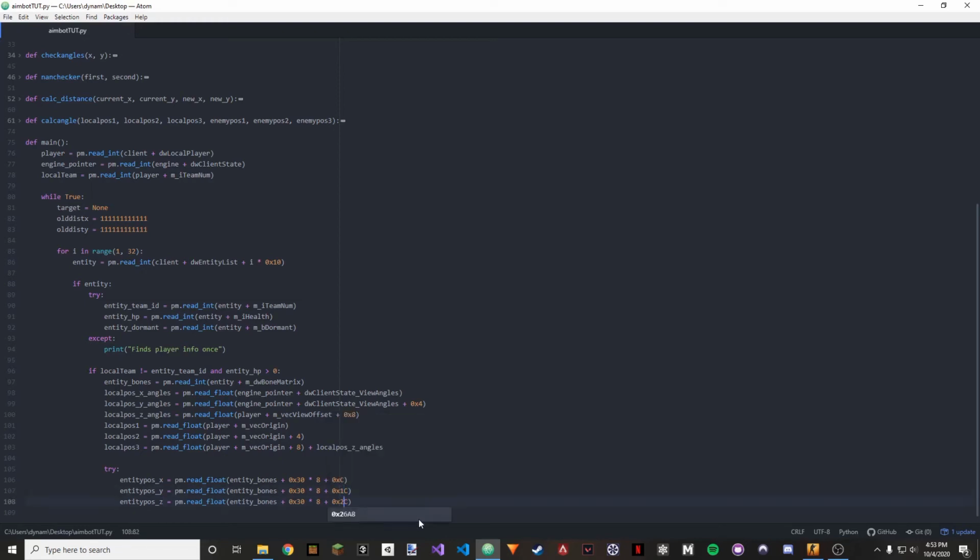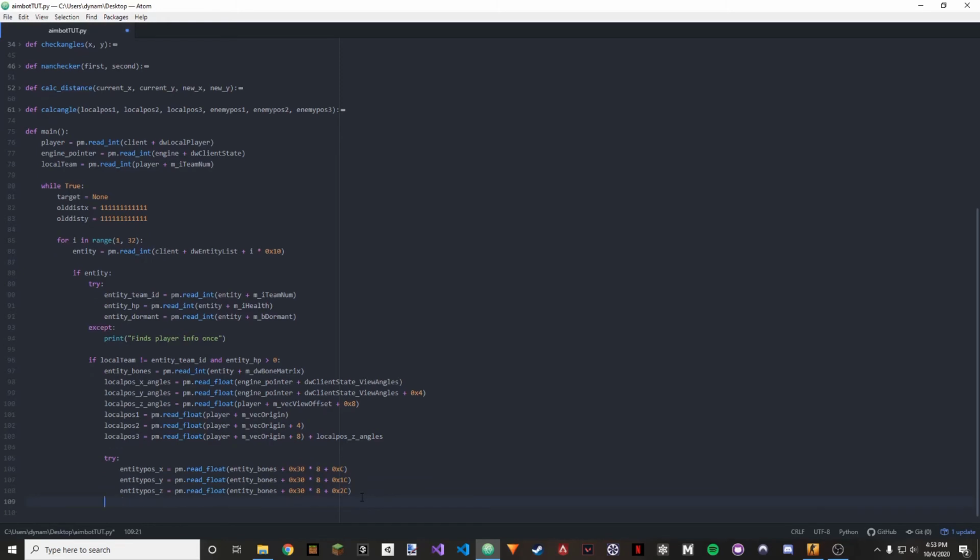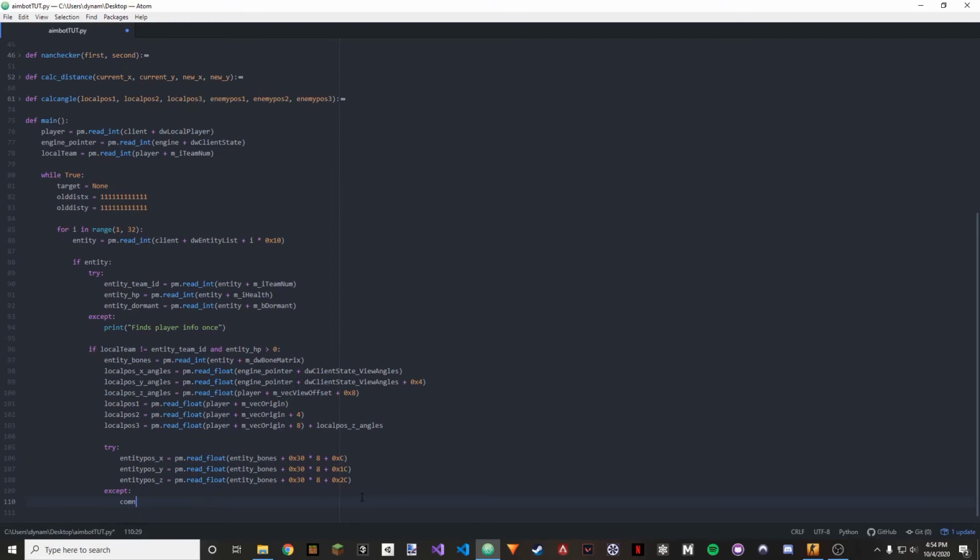So, just so you guys know what we're doing here, is we are defining the x, y, and z of our enemy's head. So, like the bones, so 8 would be the bone for the head. Let's say you wanted to aim for the body, you only wanted body shots, you would do 5, for example, and you would only get body shots. But we're going to do headshots, so we're just going to keep that at 8. And then we're going to do accept, continue,